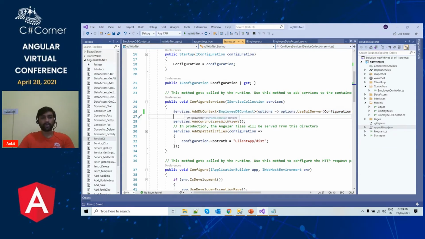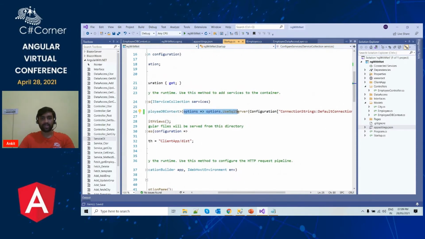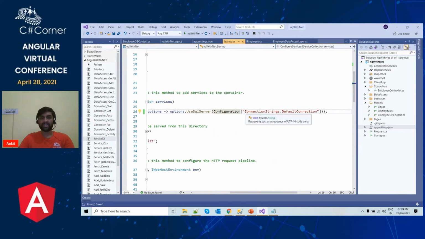Here I am writing the code as services.AddDbContext, the DB context name, and then inside I am providing the options, and I am using the UseSqlServer method because we are using SQL Server. Then we are reading the data from the configuration, and the path inside the configuration is ConnectionStrings colon DefaultConnection.